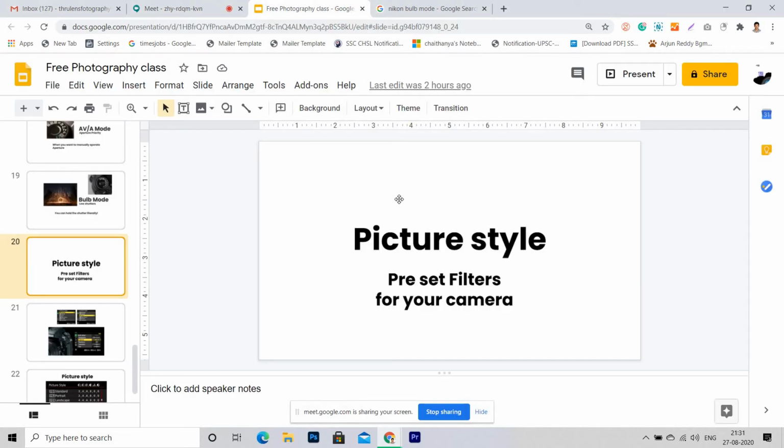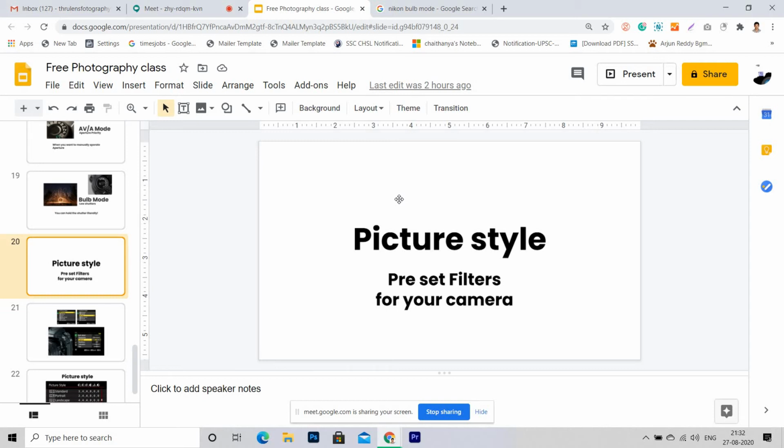So picture style. You all can see my screen, right? Yeah. So basically picture styles are not about the way of taking a photo. It's about kind of filters. Like when we are taking a photo in our phone camera, it is giving us a lot of filters, right?